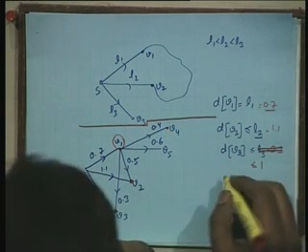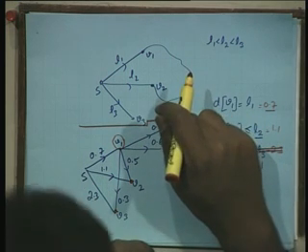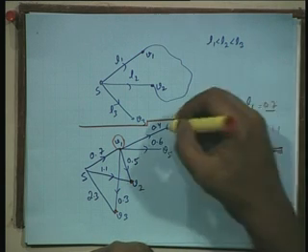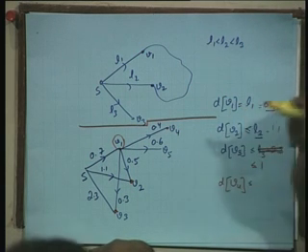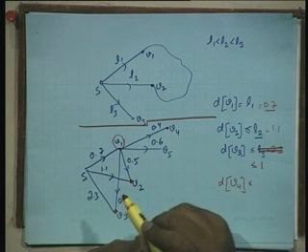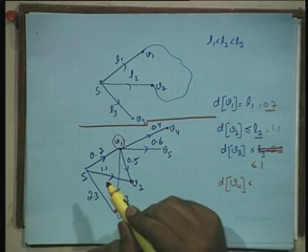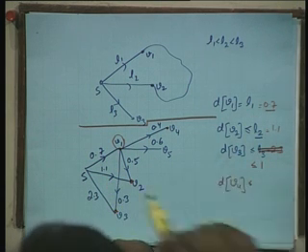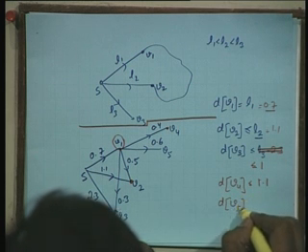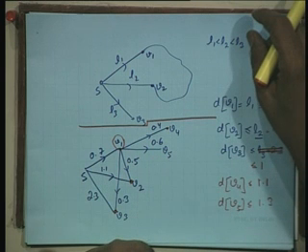What can I say about V4 now? Well, for V4 there was no path from S to V4 until now. Now I am seeing a path from S to V4. This is an edge from V1 to V4. So, first I get to V1. I know the shortest path from S to V1, that is of length 0.7. So, this is 1.1 and distance to V5 is 1.3, 0.7 plus 0.6.